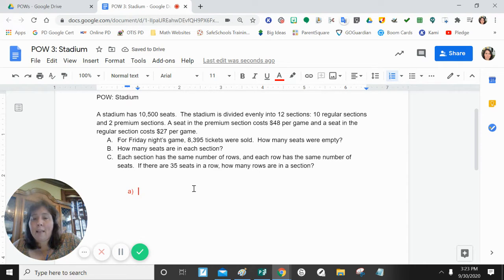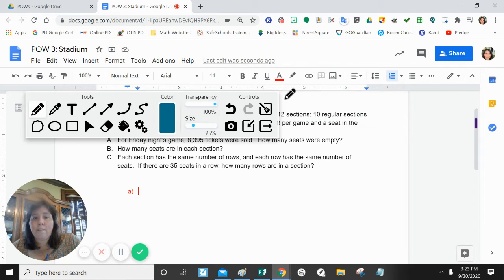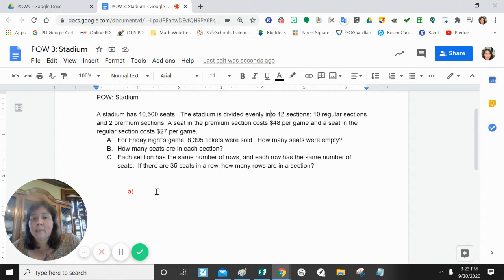Friday night's game, 8,395 tickets were sold. How many tickets or how many seats were empty? I need to first look at the total number of seats in our stadium. And our POW in the first sentence tells us how many seats there are, 10,500. So the first thing I have to do is write an expression showing that I'm starting out with 10,500